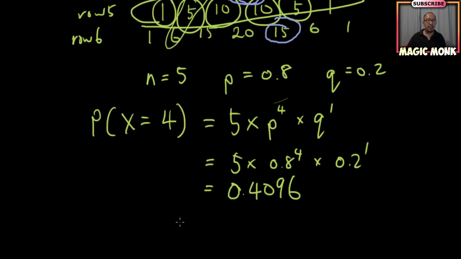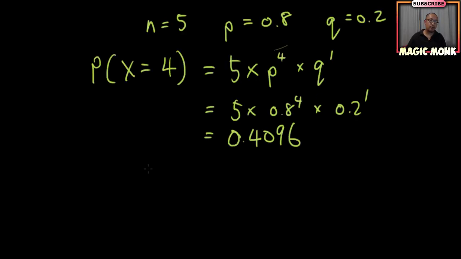So that means that instead of drawing the tree diagram, I can simply use a formula for getting the answer for a binomial distribution. And the formula basically looks like this. For a binomial distribution,